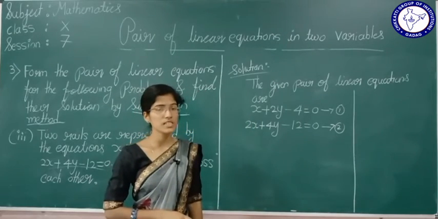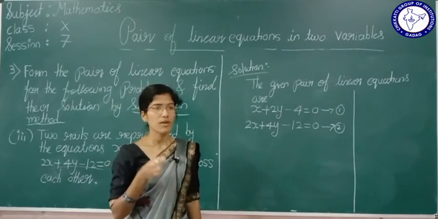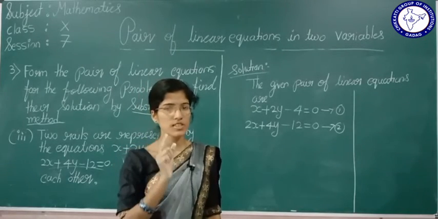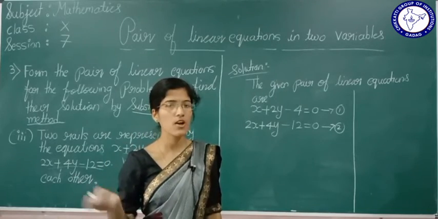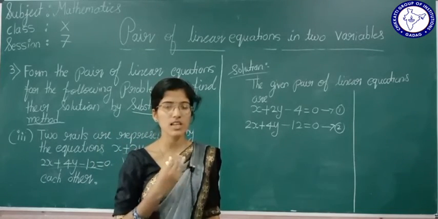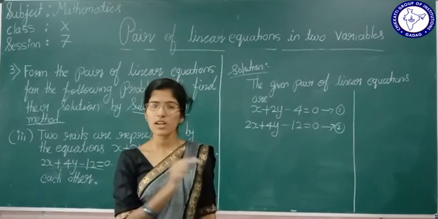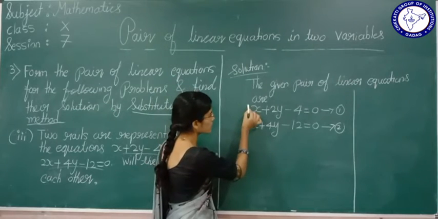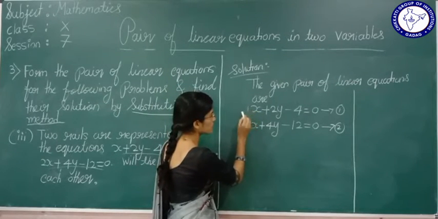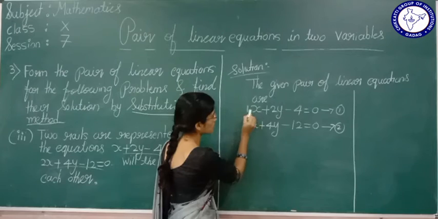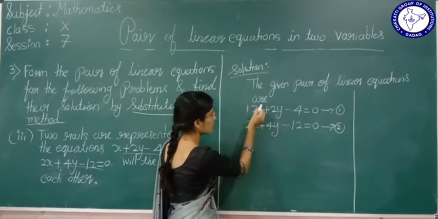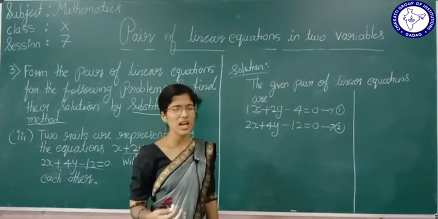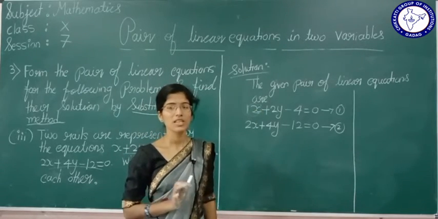The first step is, if the given pair of linear equations is in terms of x and y, express x in terms of y or y in terms of x. It is our wish. One hint I gave you, students: where the coefficient of a variable is 1, see here the coefficient of this variable is 1. That's why express x in terms of y. Why do we do it like this? Because you will get the answer in a much easier manner.